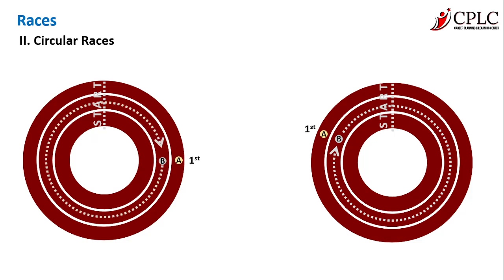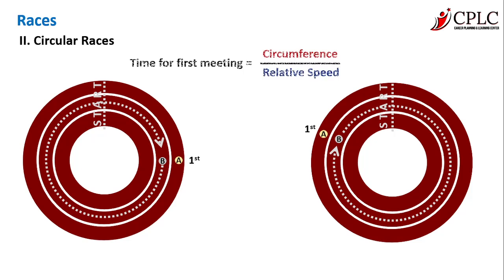So we remember that time taken to meet or cross in case of trains, the general formula was separation upon relative speed. But here, try and understand this: for the first meeting, whether it is same direction or opposite direction, the separation is always going to be one full lap, which is one entire circumference, and we have to divide that by relative speed. And when we divide that by speed, we get the answer for the first meeting.